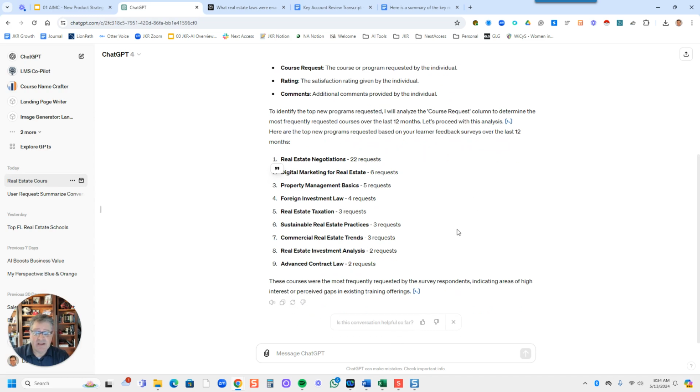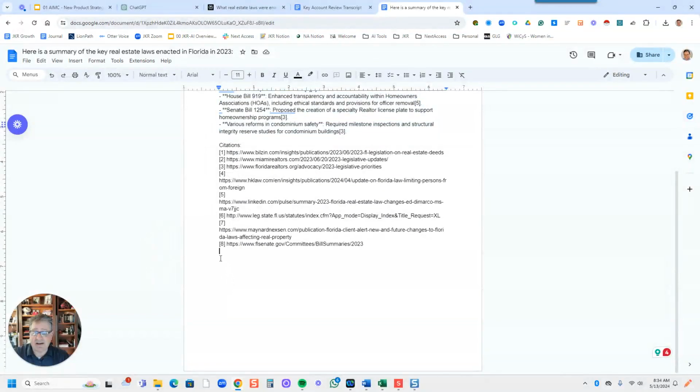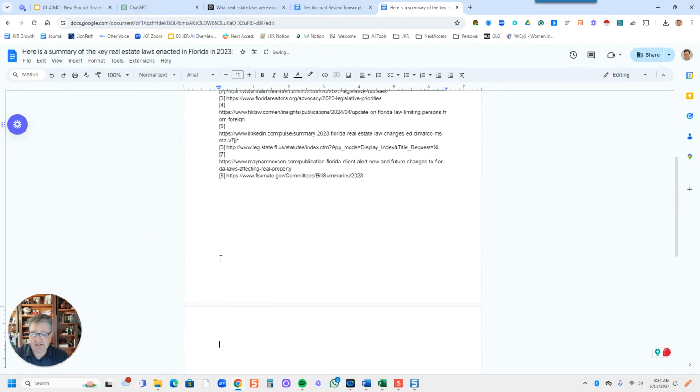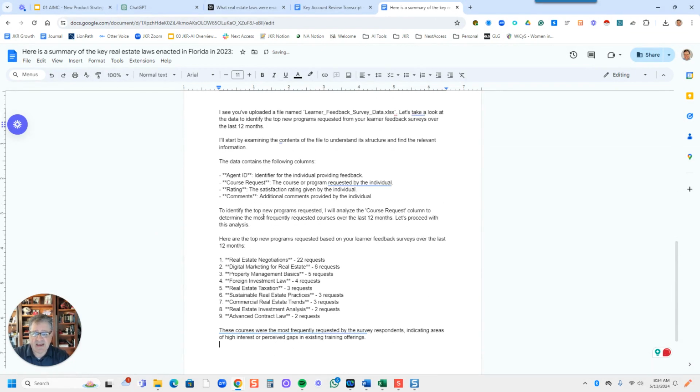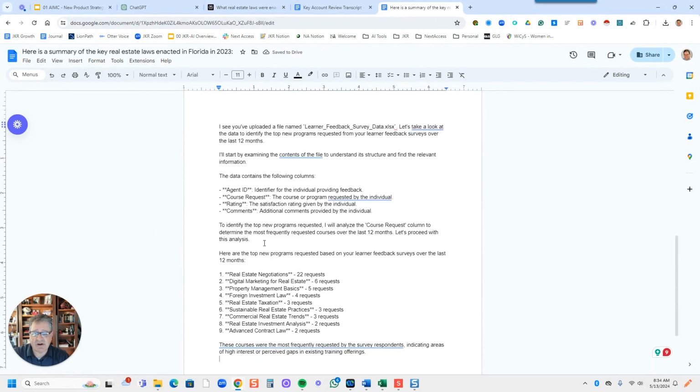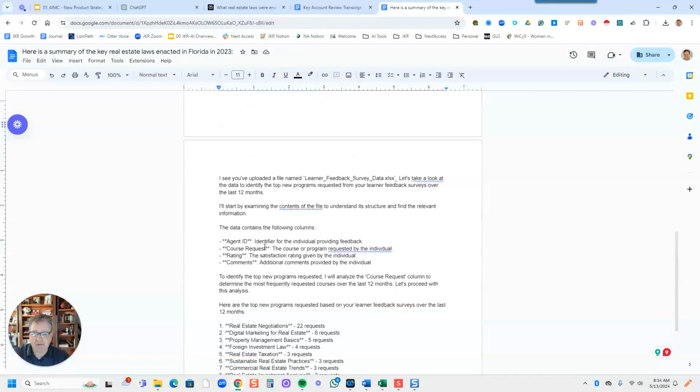So it's gone through line item by line item and pulled all the stuff. So you can see that the most common request was around real estate negotiations and digital marketing for real estate. So this is, again, just very, very useful, because what we've done here is we've asked our market, our learners about what else they want to learn. So let's just take that and let's just dump that into our little sheet here where we're compiling all of